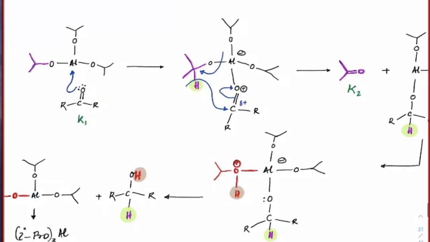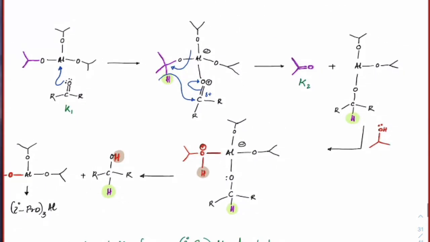Okay, what is the result of that? The result of that is this entire part, you can see, this violet color thing, becomes a ketone. This part of aluminium isopropoxide has become ketone, and the rest of this complex is the way it is. So this hydrogen is the one which got transferred here.